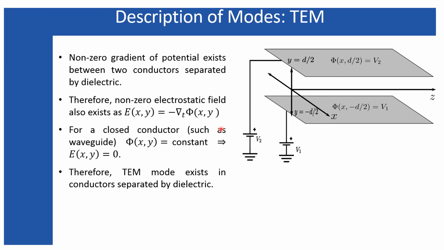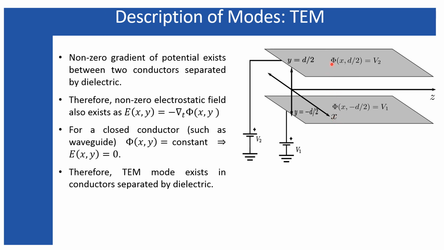But they are a function of x, y, and z. But they are scalar quantities, and that is why when they are following the Laplace equations, there must be some gradient operator for them also. And that is why this TEM mode can be present for a system consisting of two conductors separated by some dielectric medium, because if these two conductors are not separated, if they are closed conductors such as a waveguide, what I have shown in my slide at the beginning of this lecture.